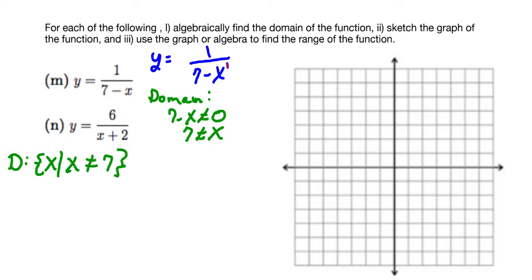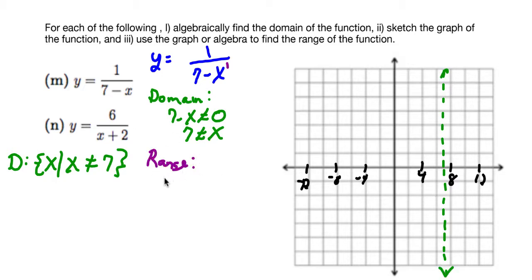Graphically, when I have a domain not equal to 7, that means at x equals 7, I'm going to have, and again, I'm changing my scale to counting by 2s, a vertical asymptote. So let me draw that vertical asymptote where my domain does not exist. It needs to be drawn on your graph as a dashed line. Okay, to figure out my range,